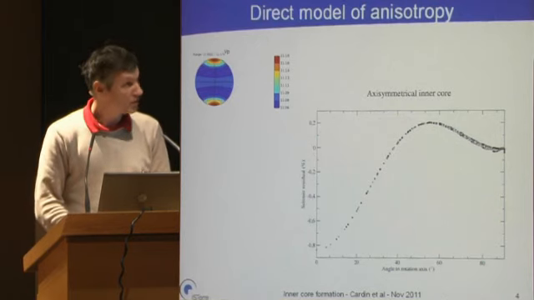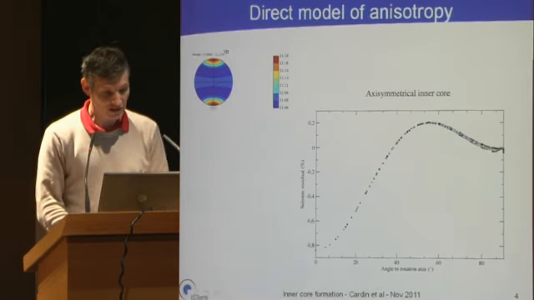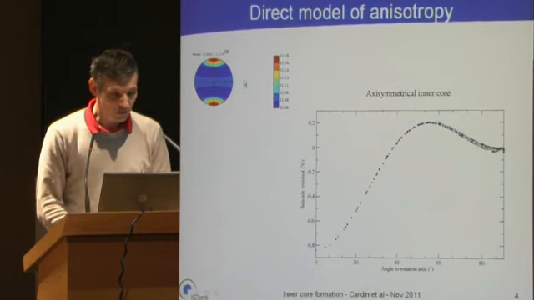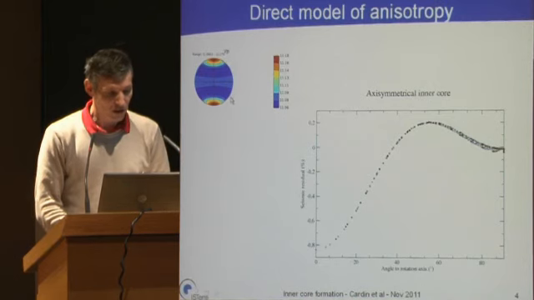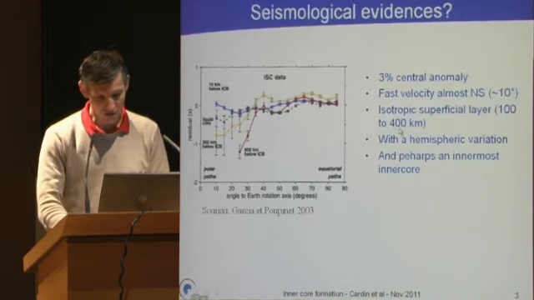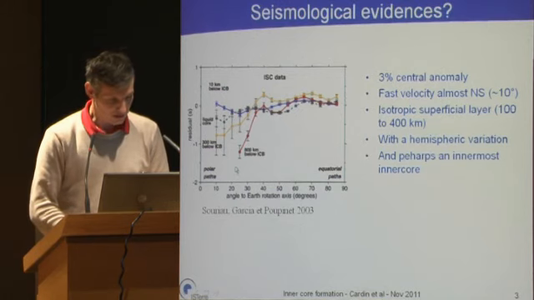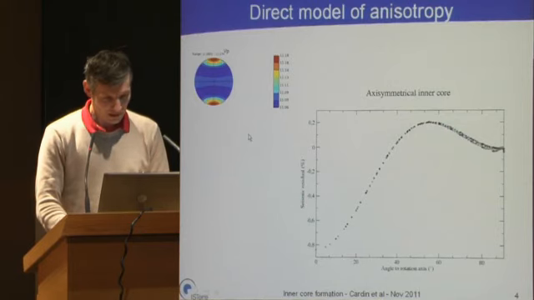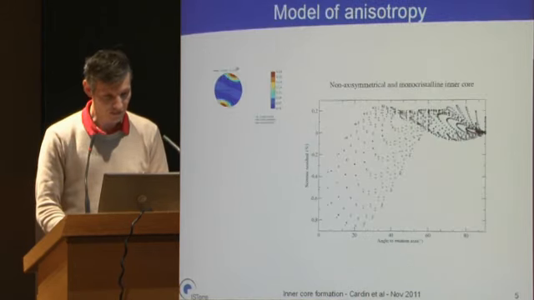If you suppose that the inner core is like this in terms of anisotropy of P wave velocity, then if you do a direct model of propagation of seismic rays in the core, you find this type of residuals, which are close to what I suppose could be seen from this data. The use of these models shows interesting features like this one.